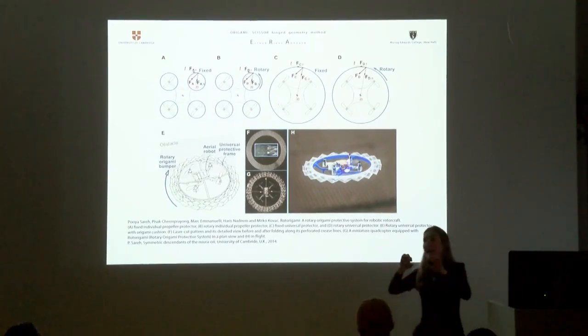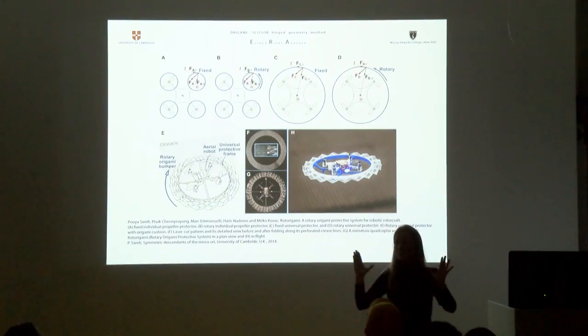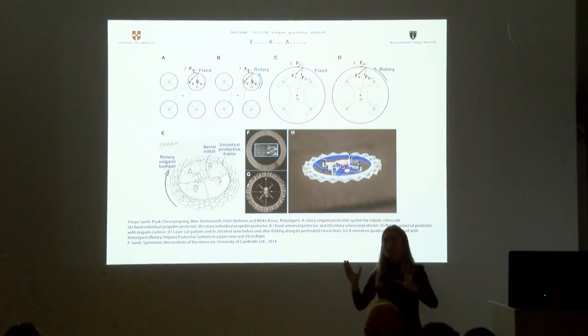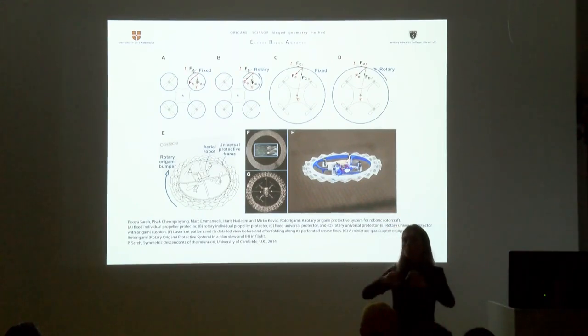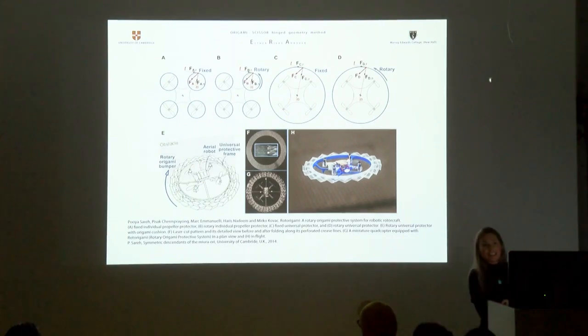So if you imagine this ring protecting the propellers, if the ring was fixed and it has an impact, it actually is fighting against the impact. But if the ring can independently rotate from the propellers, then it can absorb some of the moment, some of that force of the impact. So the idea is that the rotary option, the rotary universal option, was more preferable. And then there's also this